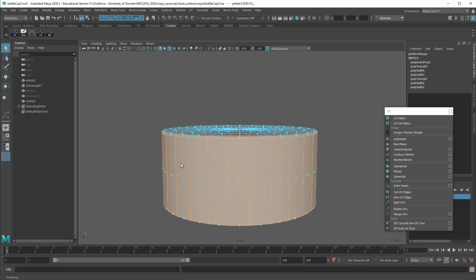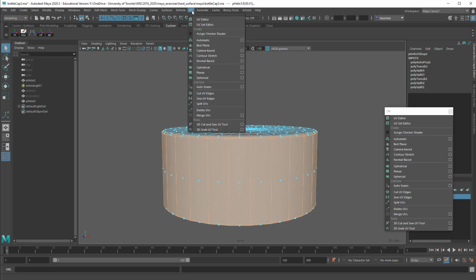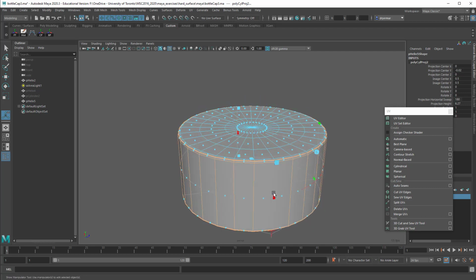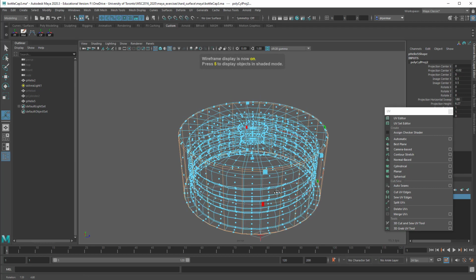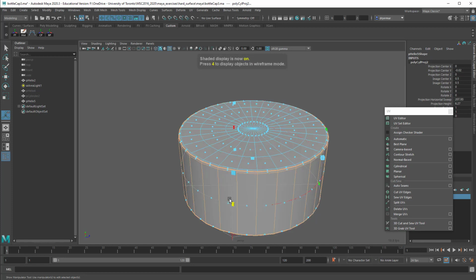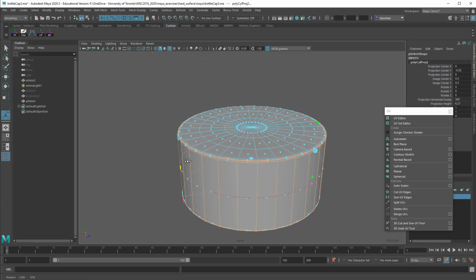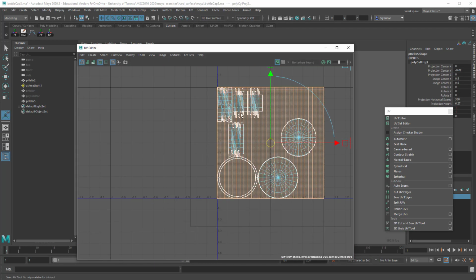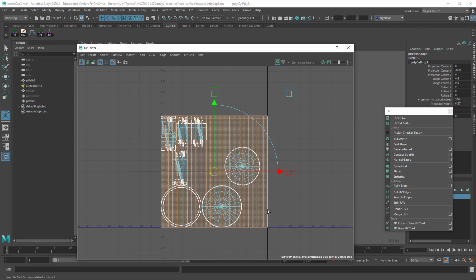the ring. And I'll go to UV and I'll do cylindrical map because that most closely approximates the shape I want. So it's kind of hard to see here, but it does sort of a half cylinder going around. And grab this red tab and just close that off. And if we look in the UV editor, now you can see the barrel here is this part in orange has been laid out. And it fills the entire UV space because